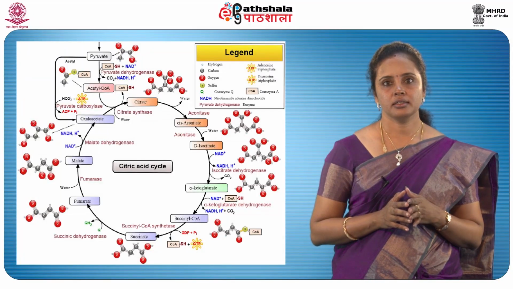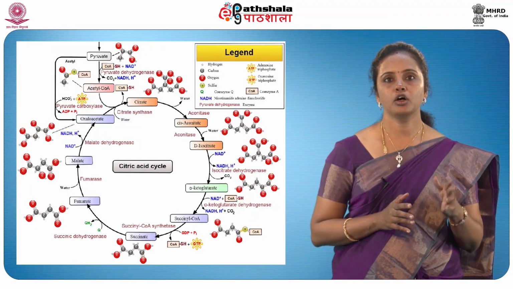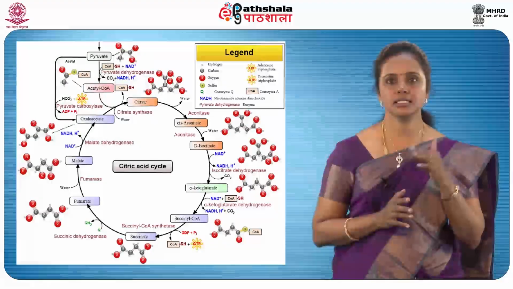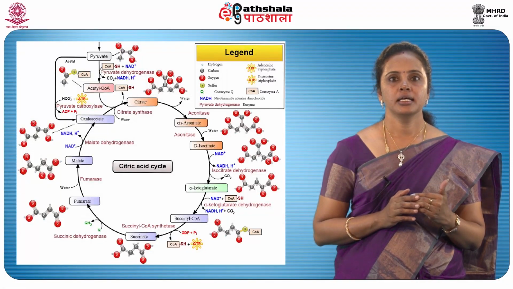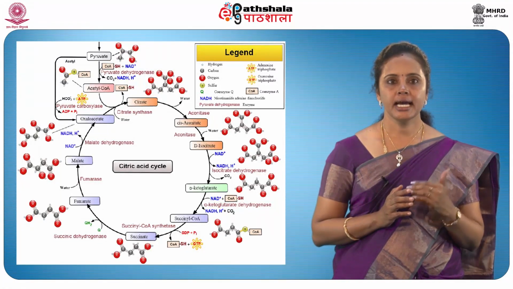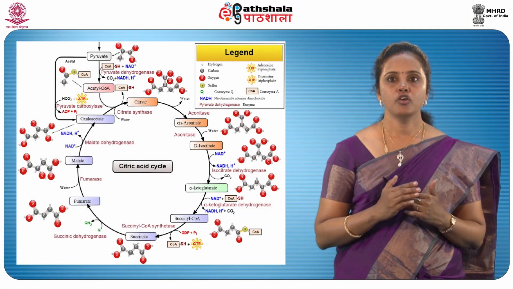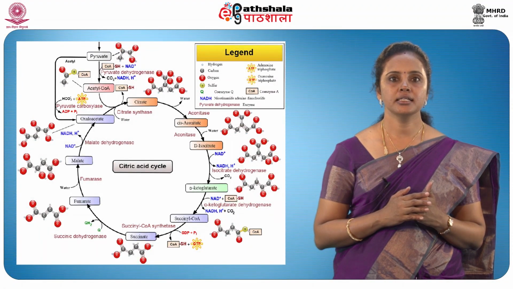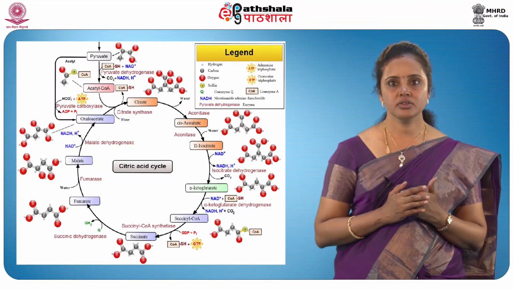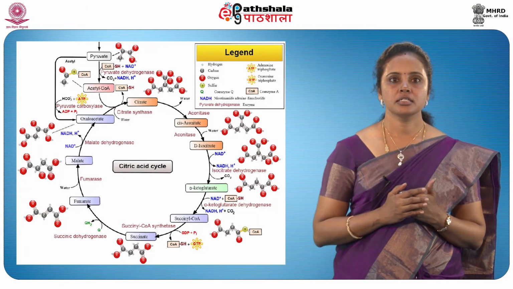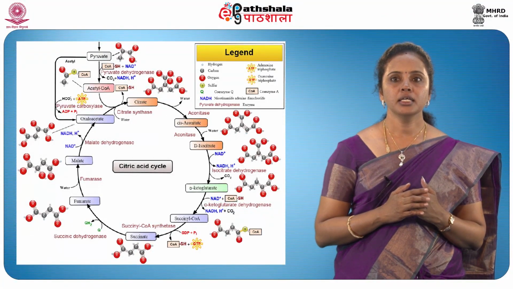In the next reaction, the enzyme succinate dehydrogenase catalyzes the removal of 2 hydrogen atoms from succinate to form fumarate. In the following reaction, the enzyme fumarase catalyzes the addition of a water molecule to fumarate to form a hydroxyl group to yield the molecule L-malate. And in the last reaction of the citric acid cycle, we regenerate oxaloacetate by oxidizing L-malate with a molecule of